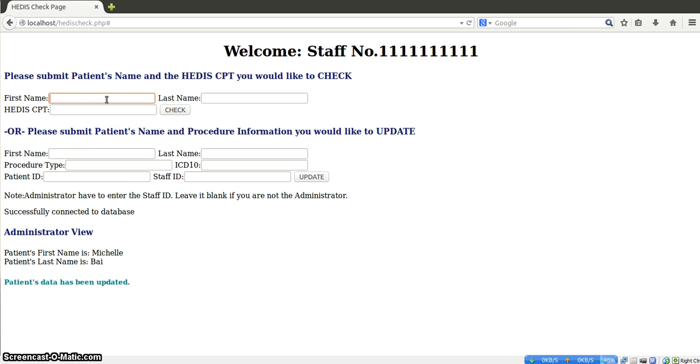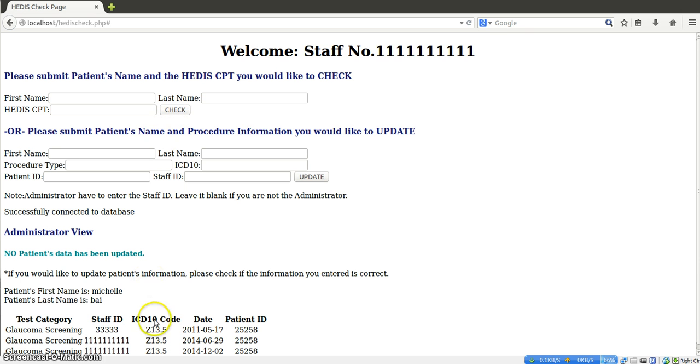And if we would like to check whether it works or not, we can do the check again. Using the same information, hit check, and we can see that instead of two lines of records, three lines of information appear down here. And the 2014-12021 is the information you have just entered. And we can go back and do the